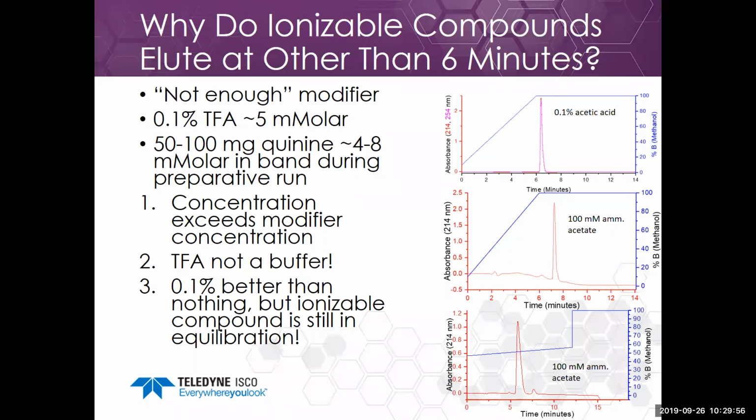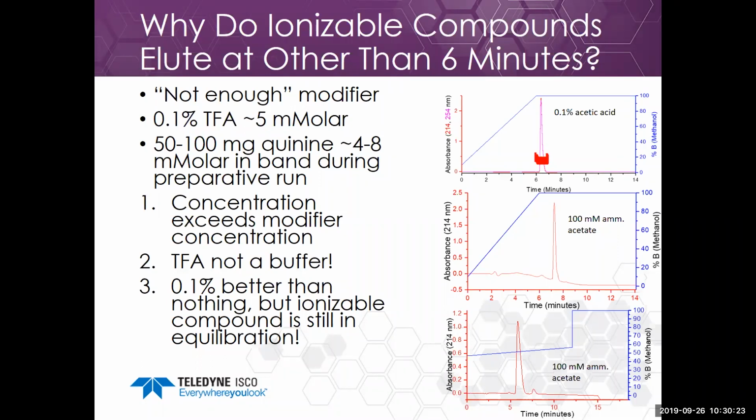However, for a prep run, I'm running about 50 to 100 milligrams of quinine, which is 4 to 8 millimolar in the band. That's 4 to 8 millimolar of the compound within this peak during the preparative run. So the concentration of the compound I'm trying to purify is very close to and even can exceed the modifier